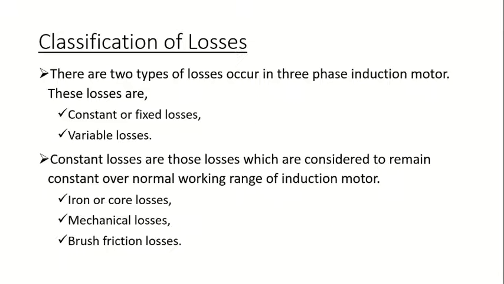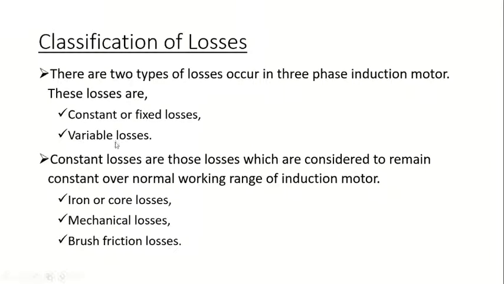We are already aware of the losses in a DC machine, as a DC machine is a rotating device, whereas a transformer is a static device. Static device means a stationary device. In a stationary device, there are no rotating losses. But the induction motor is nothing but a rotating transformer, so here there are mechanical losses. So the losses classified here are constant losses and variable losses.